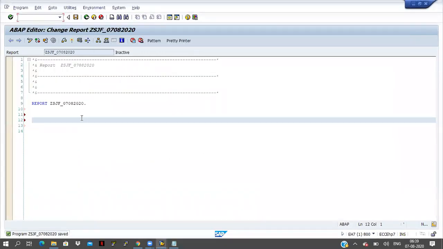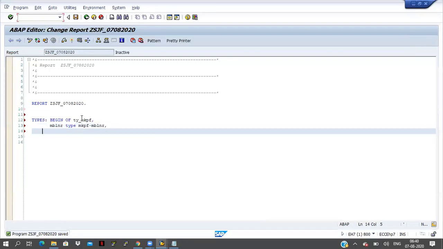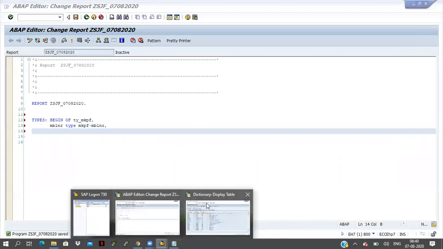Before declaring the internal table and work area, we have to declare the types. We know ty_mkpf is the header data, which is why I'm taking that first. mblnr type mkpf-mblnr.